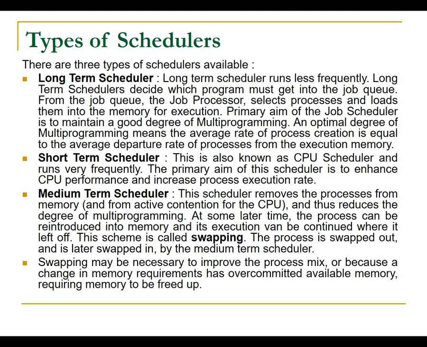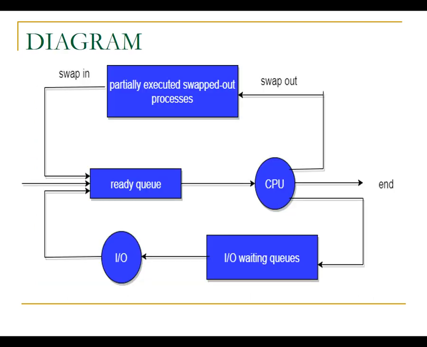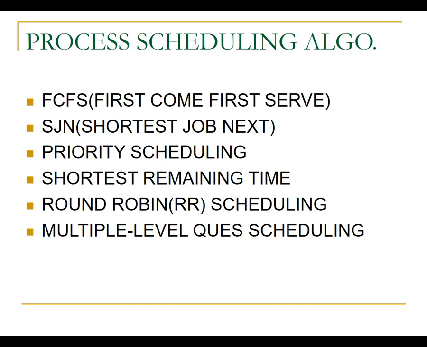Now, when the medium term scheduler is introduced by the operating system, for those processes that are just switching between ready and running and are not getting terminated by the central processing unit automatically, the medium term scheduler executes and looks after the processes that are coming and going back into the ready and running state. That is called swapping. This is the diagram related to the same execution. We will not discuss this in detail.